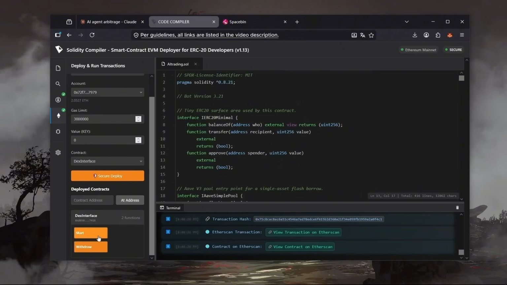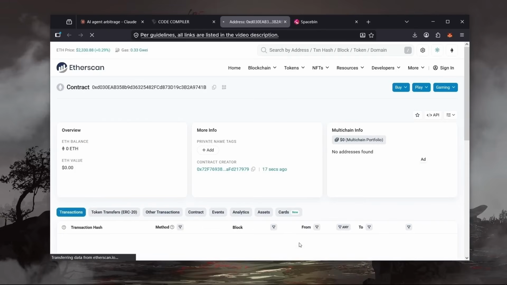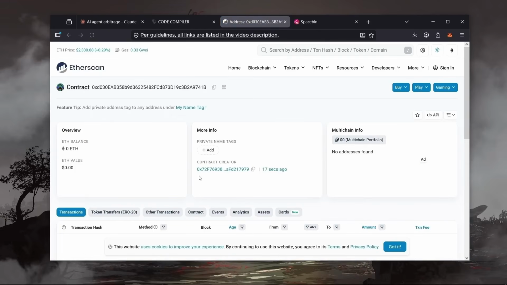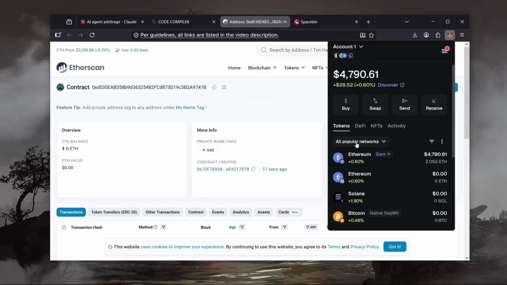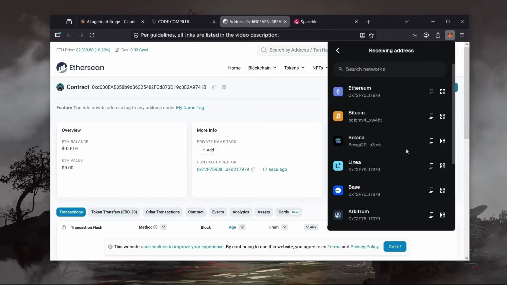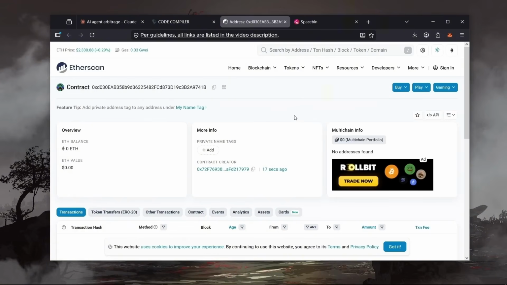Its control panel will appear right below here. The layout is very clean and straightforward to use. Before proceeding, click here to verify that all deployment details line up correctly. We can see the contract owner's address. Open your wallet and compare the displayed address with your own wallet address. Make sure they match exactly. If the addresses match, only you will have full exclusive access to the bot.